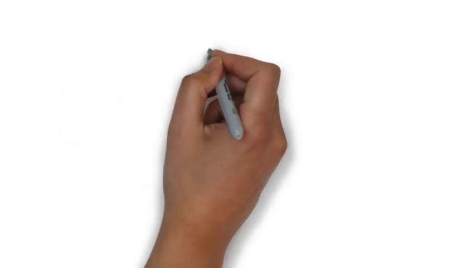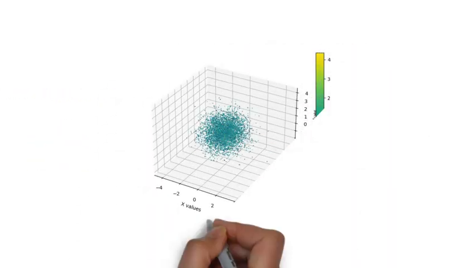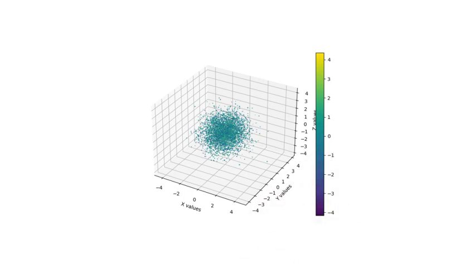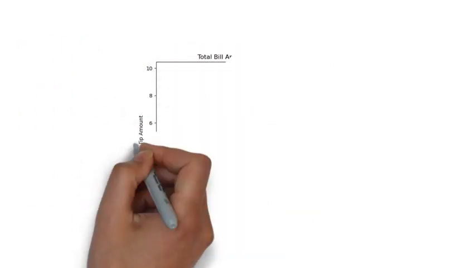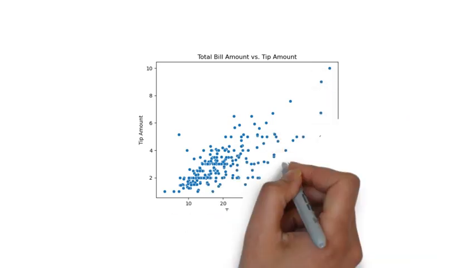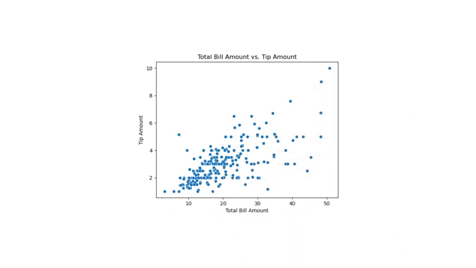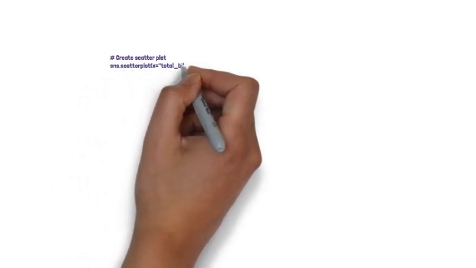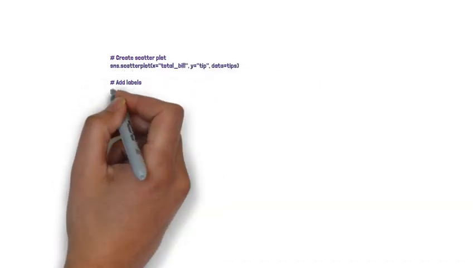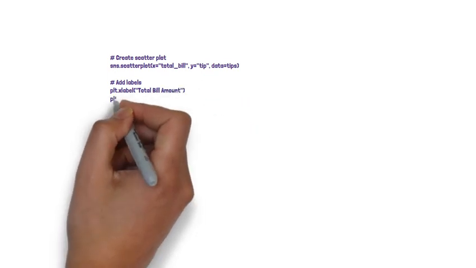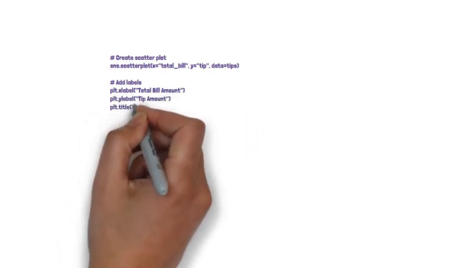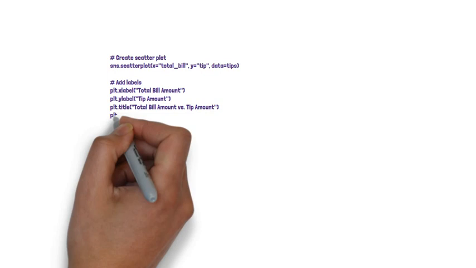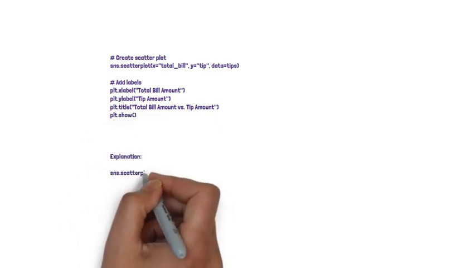Scatter plot. A scatter plot is used to display the relationship between two variables. In this example, we'll plot the relationship between the total bill amount and the tip amount in the tips dataset. Explanation. sns.scatterplot creates the scatter plot. We specify the x-axis variable with x equals total_bill, the y-axis variable with y equals tip, and the dataset with